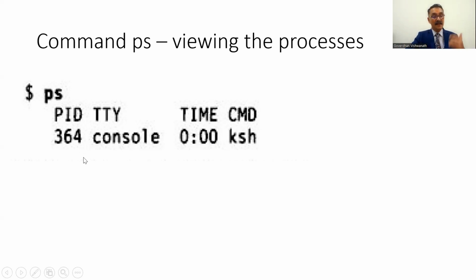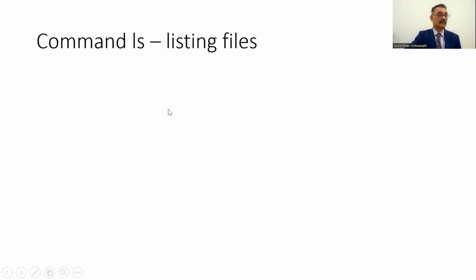Similarly, if you want to see another process of yours running, it should be shown here. Then you should send it to the background. It should be lengthy enough to capture the times and display. Currently the console is running, so you want a second process to show here. You'll have to write a program, send it into the background, and before it is completed, run ps so that you'll get the next command. This is one you can try later also, because creating a process and sending it to the background is a different